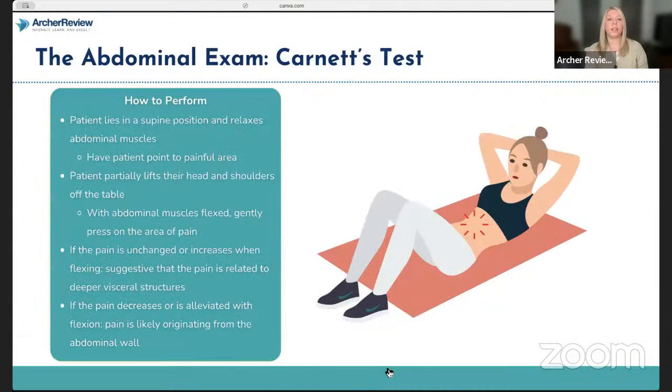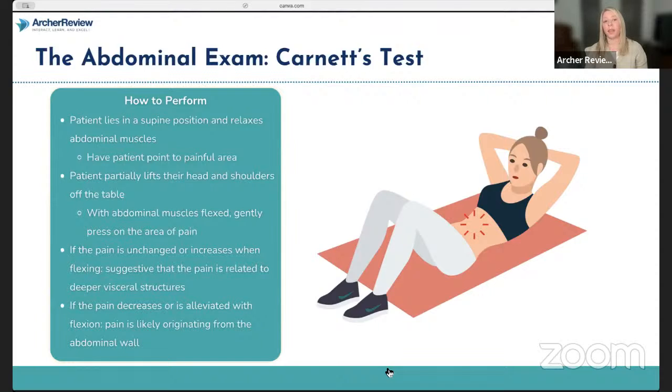All right, let's move on to a specialized abdominal exam. The Carnett's test is a valuable tool for differentiating between abdominal wall pain and deep visceral pain. What you'll do is have the patient lie in a supine position and relax their abdominal muscles. While they're doing this, you'll have them point to the area of pain. Remember that area. Next, you'll have the patient lift their head and shoulders off the table, kind of like they're